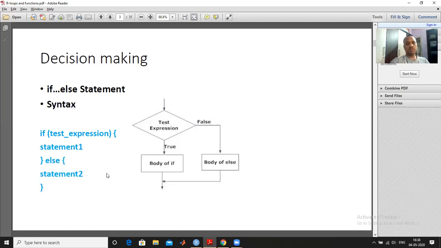So I have discussed if else, otherwise there will be the if only statement. So if only statement is there, then this part will be up to here. Means if this condition is true, then do this particular task, otherwise there is no additional code. So if you understand this one, then we can